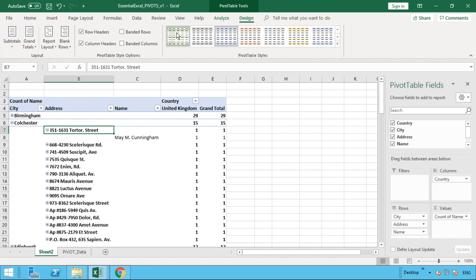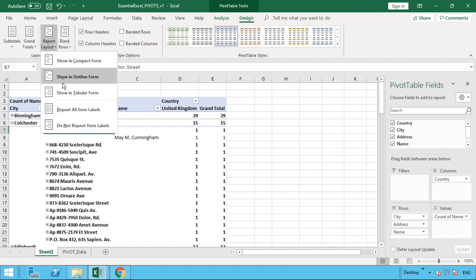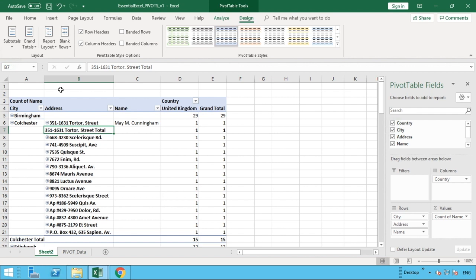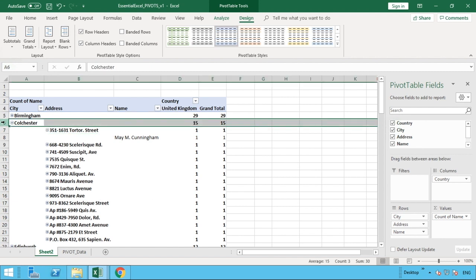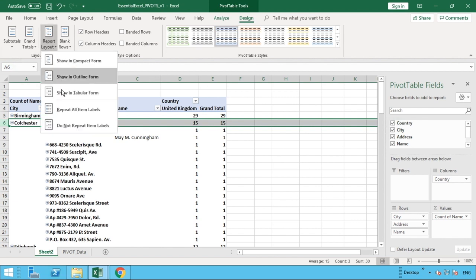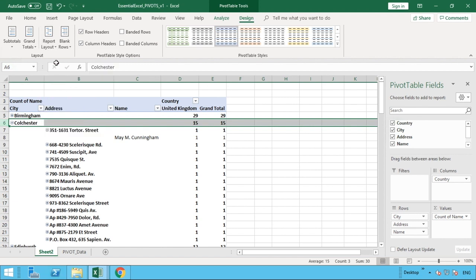The other and last view we have available is a favourite of mine, what I often use, and that is tabular form. So you can see it just changes the format again ever so slightly. If I go back to outline form, you can see you have this subtotal line here for the Colchester, which you've got available there. If you go into the tabular form, it changes ever so slightly, but it just means that,